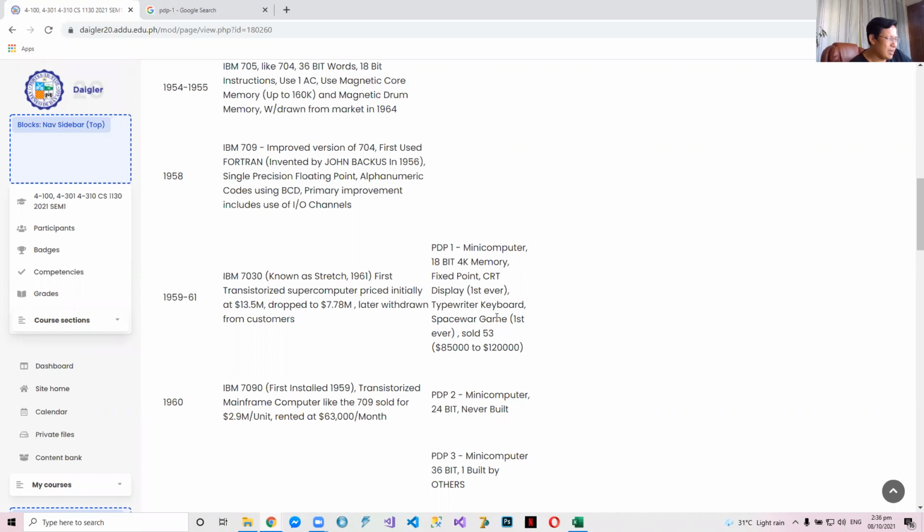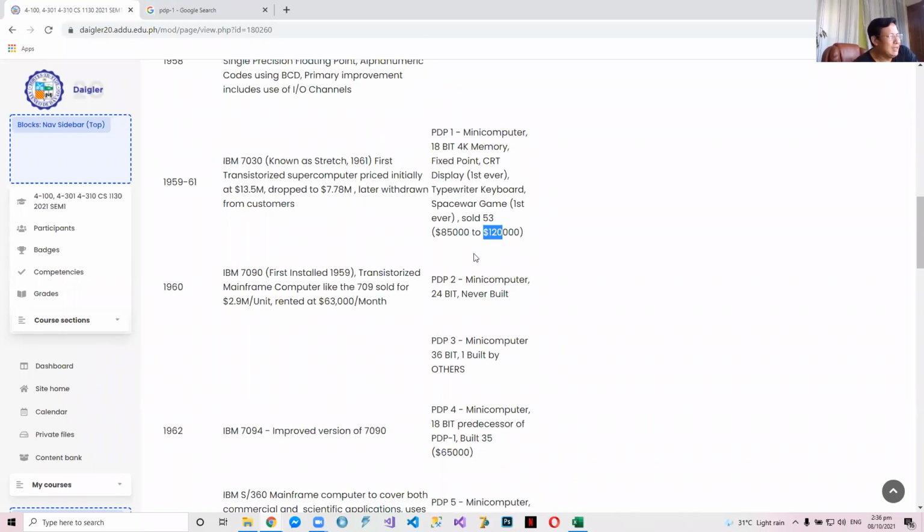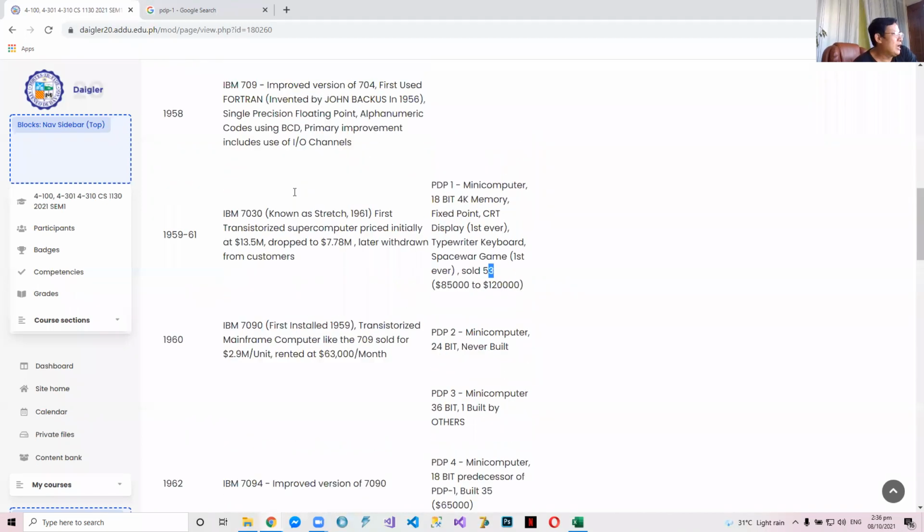I have played this when I was in college, no? A different version, not on a DEC computer. No? It's called Space Commander by that time. Okay. The first release sold 53 units from 85,000, the low end part. I don't know how much or what the low end is. Okay, maybe different memory. To 120,000. No? It's very expensive, but very much cheaper compared to the 7.78 million by IBM. Okay, so they broke the market. The initial was 53 sold. IBM already had only had 19 on the first release.